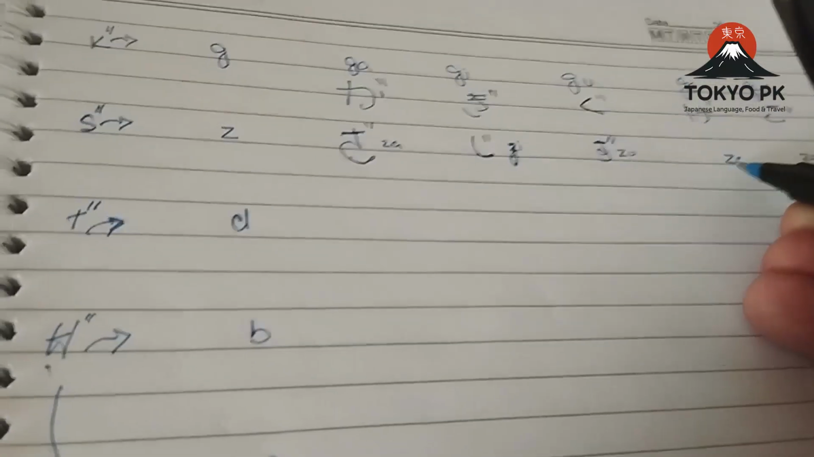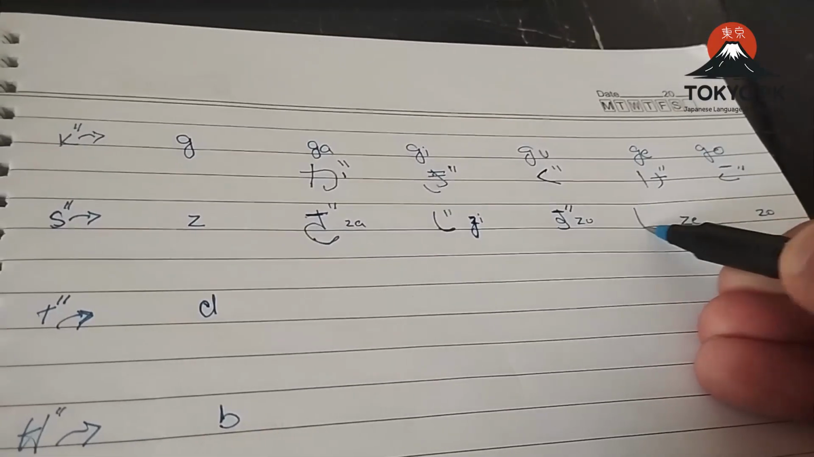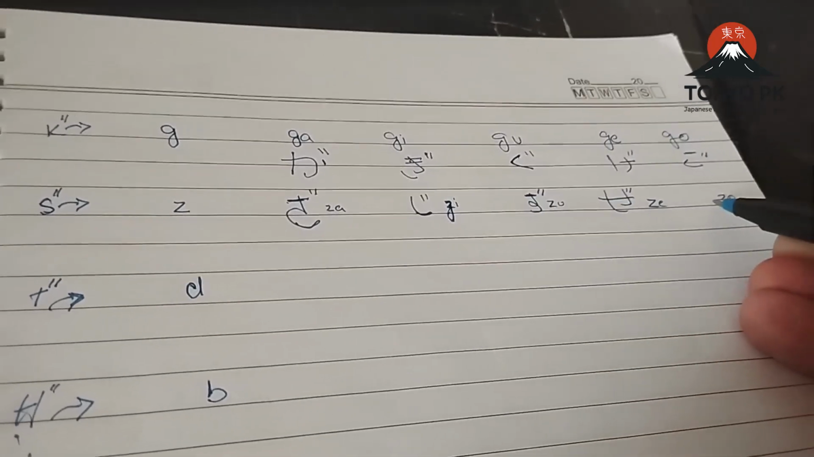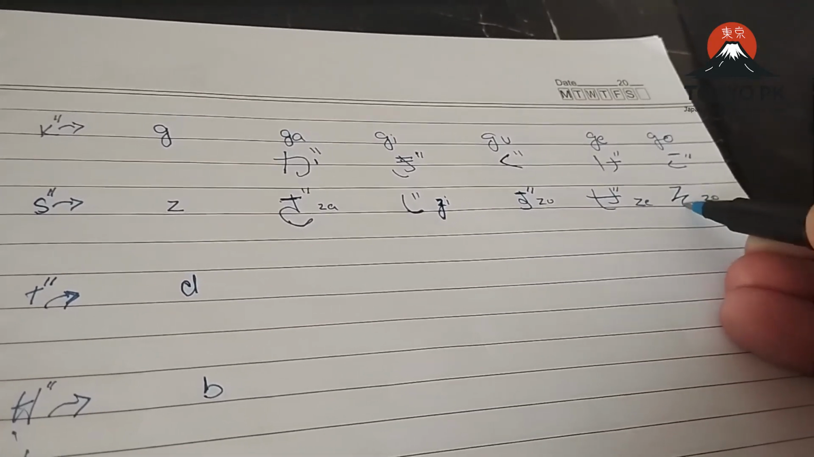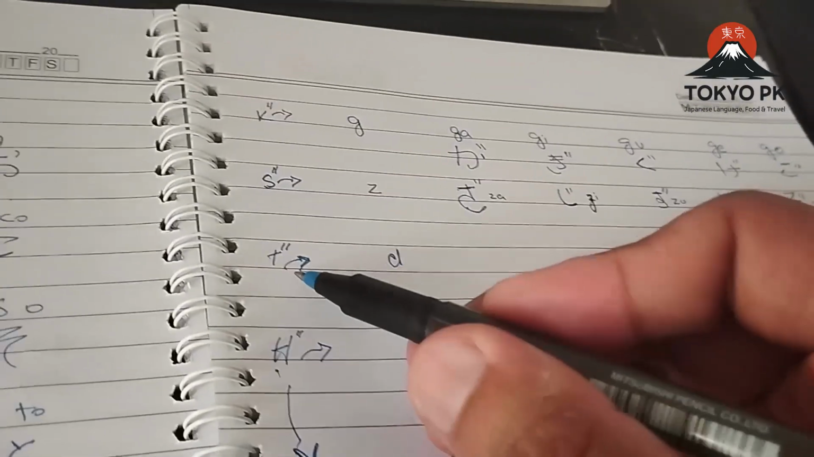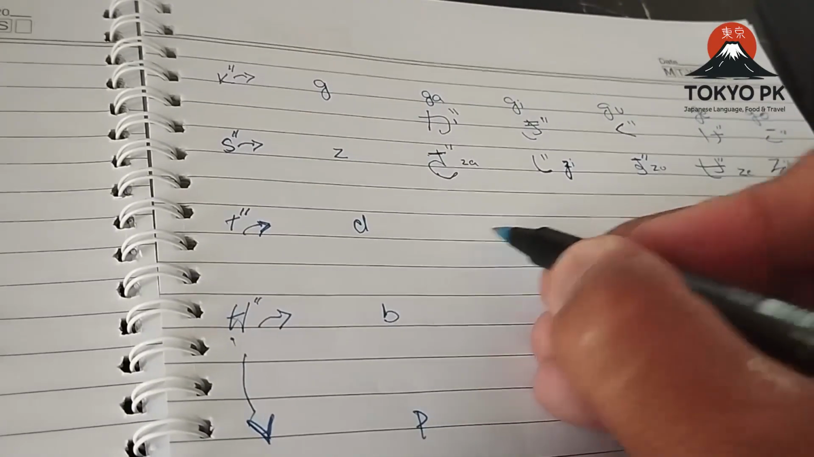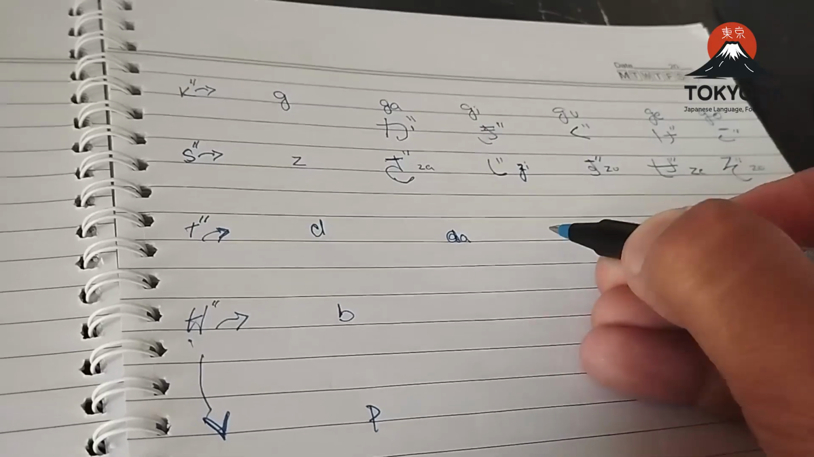Easy peasy. Now ze, same as it is say. Exact copy paste. Double quote becomes ze. Now zu, same as it is su, so, but with the double quote. Okay, very easy. Now ta becomes da. This is da, ji,